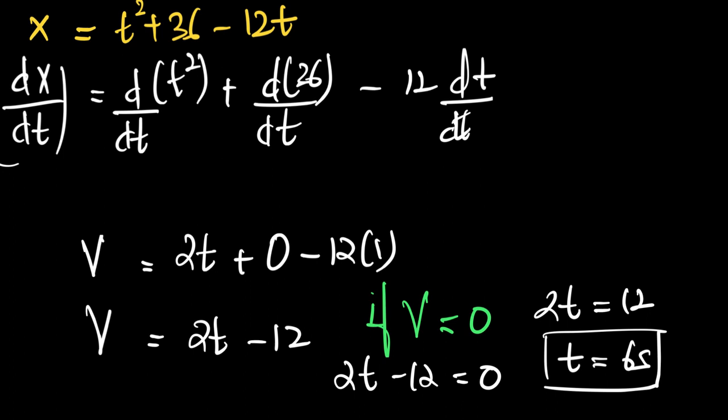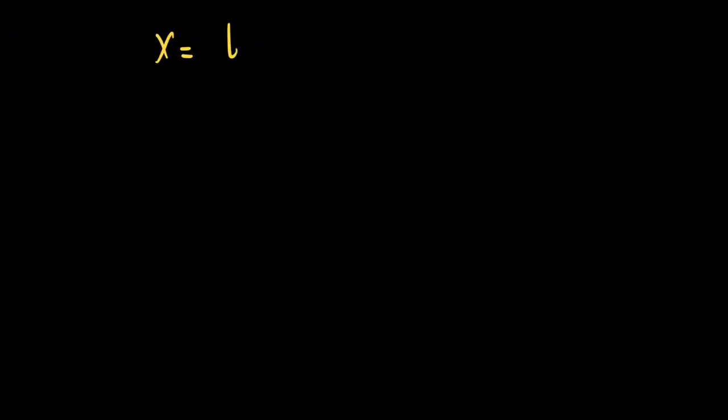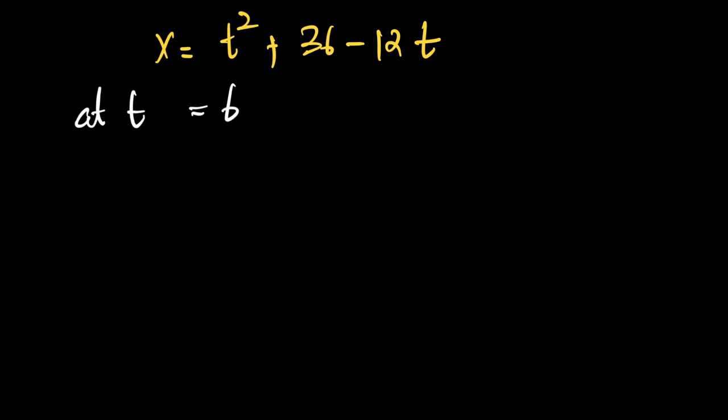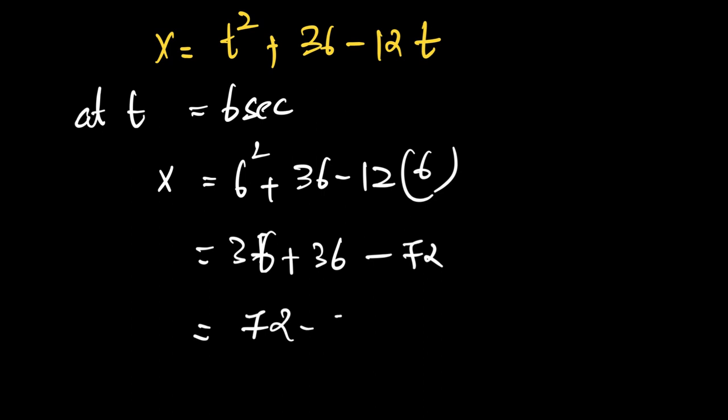Now, if t is equal to 6 seconds, what is x equal to? x was given as t square plus 36 minus 12t. Now, when t is equal to 6 seconds, what would be x equal to? x would be 6 square plus 36 minus 12 into 6, which is equal to 36 plus 36 minus 72, which will be equal to 72 minus 72, that is x is equal to 0,